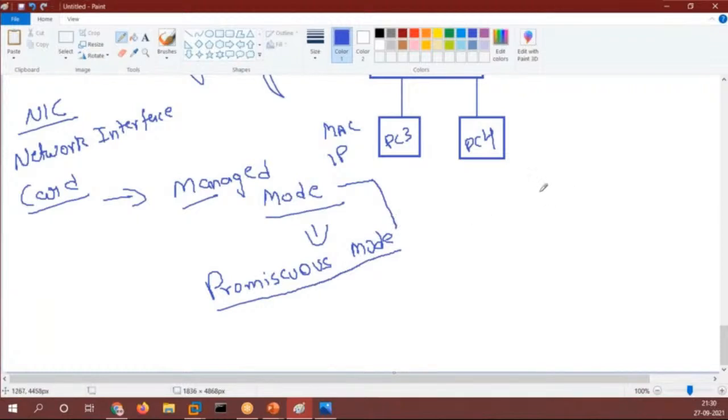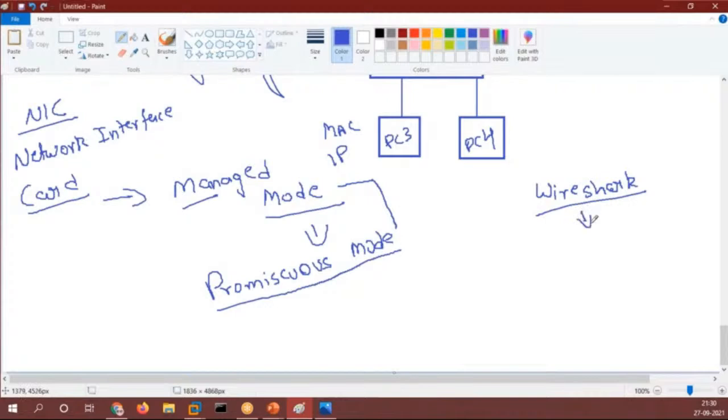There is a tool guys with the name Wireshark, right? I will be showing that tool to you guys in the further sessions when we will be learning about security. That Wireshark tool is a packet capturing tool. So if the data is traveling in the network, Wireshark can capture the data in between.